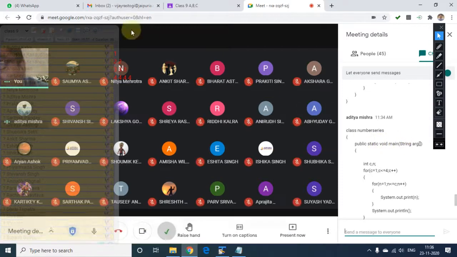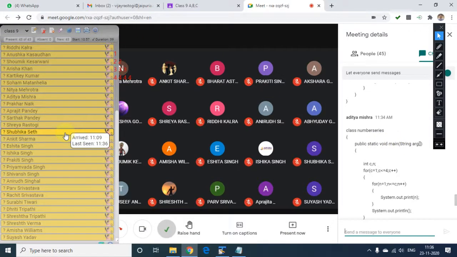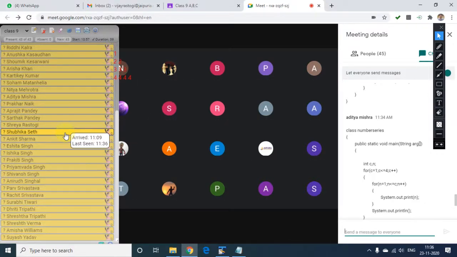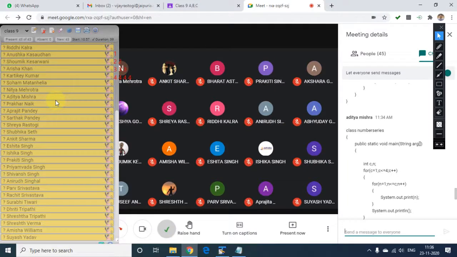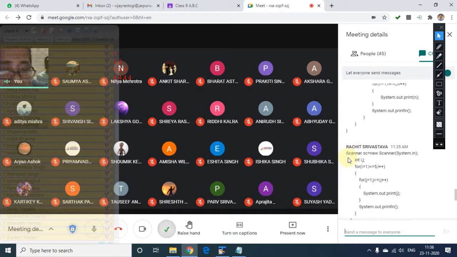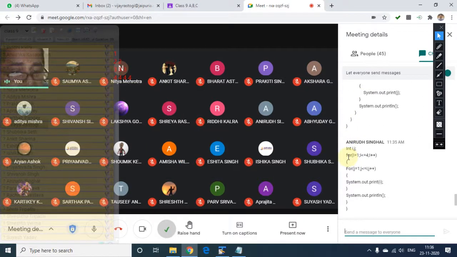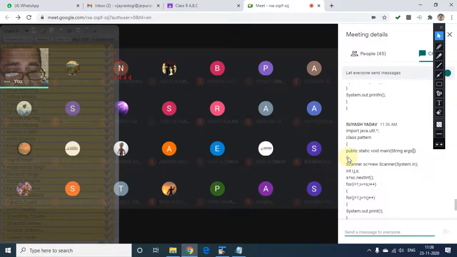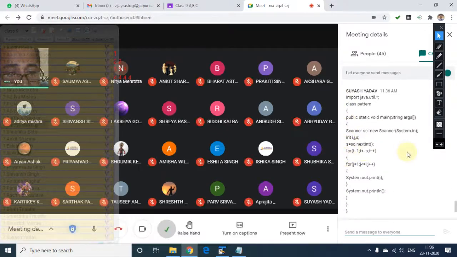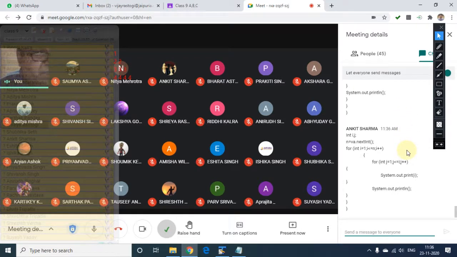It's wrong. Yes, sir. Maybe in the computer you have printed something, you have printed C. That is why it was coming. And here you have missed this. Rachit Srivastava is correct. Suyash Yadav. Very good, beta Suyash. Ankit Sharma, correct.